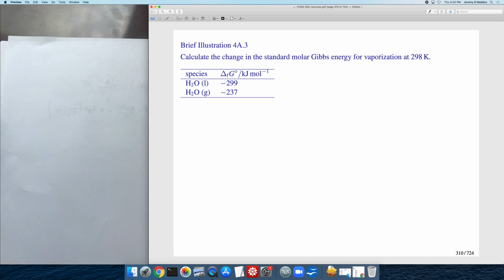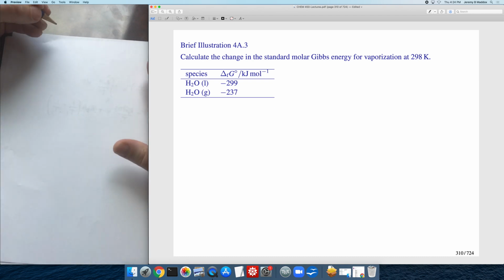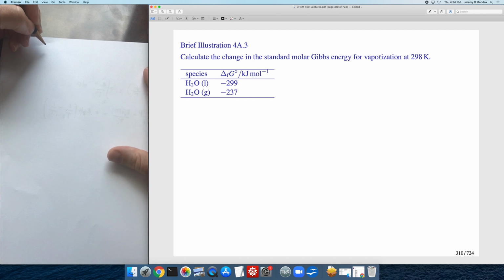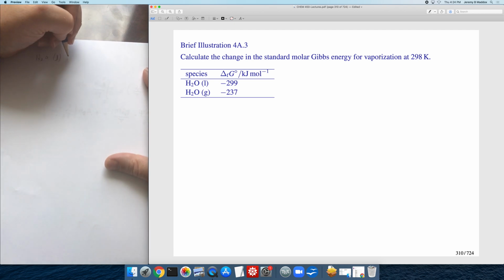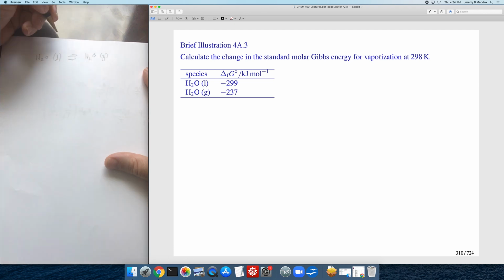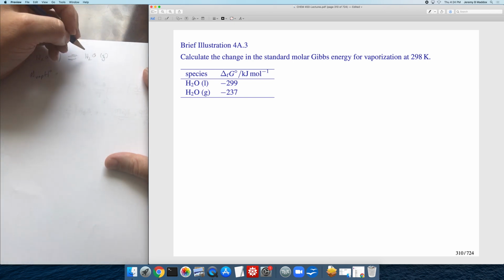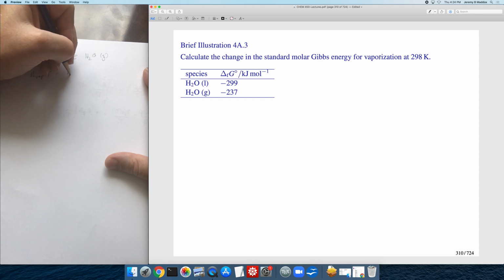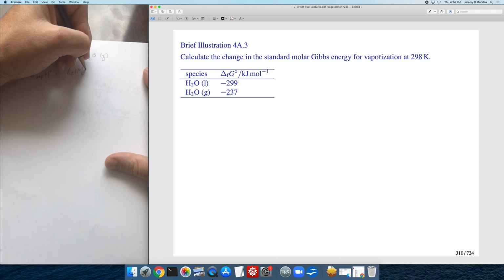Here we have just a little calculation. There's nothing to this really. So this is calculating the molar Gibbs energy of vaporization for water at 298 Kelvin. So we would do liquid water in equilibrium with water vapor. The enthalpy of vaporization at 298 Kelvin would be the enthalpy of formation of the water vapor